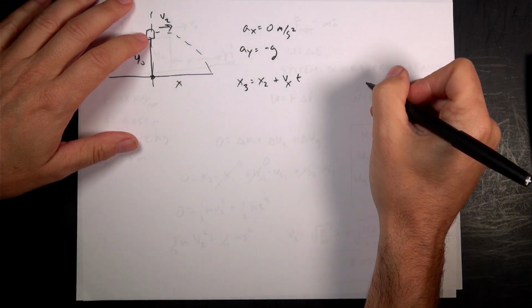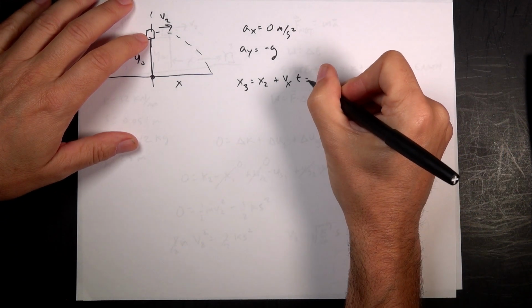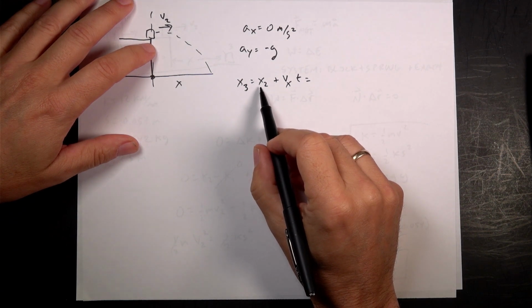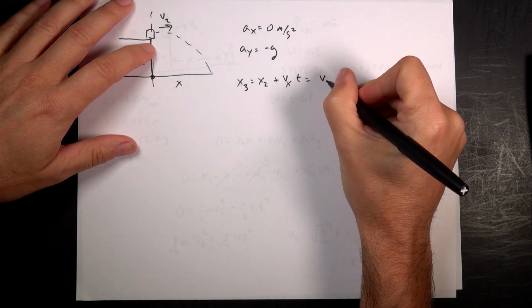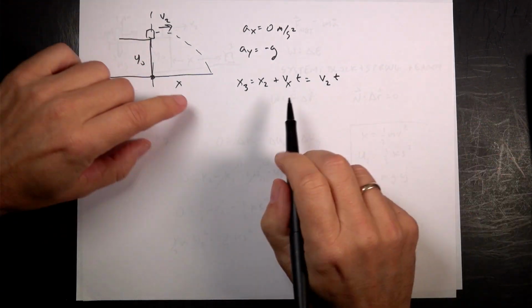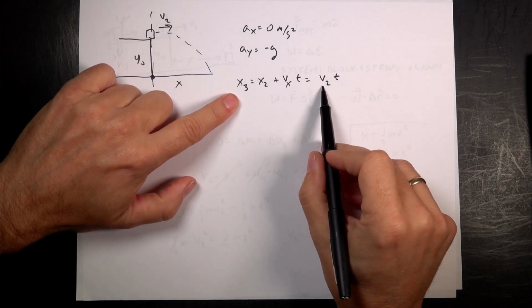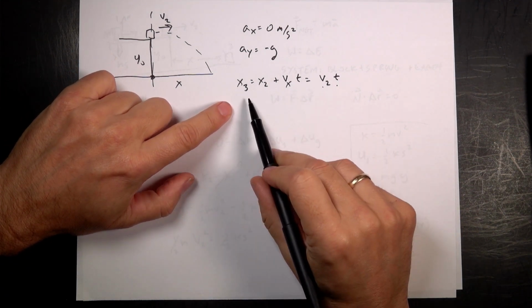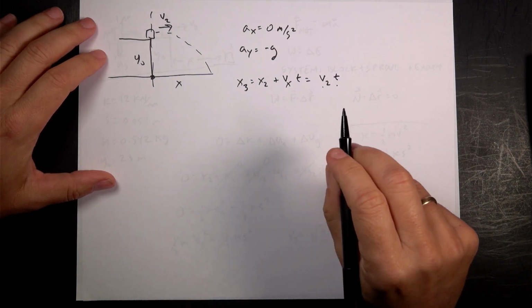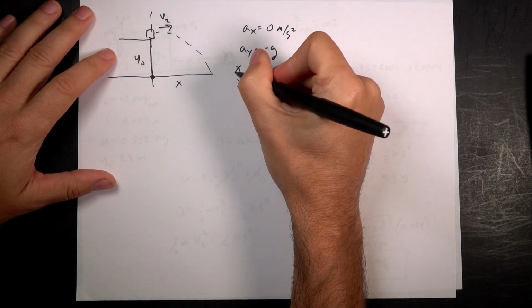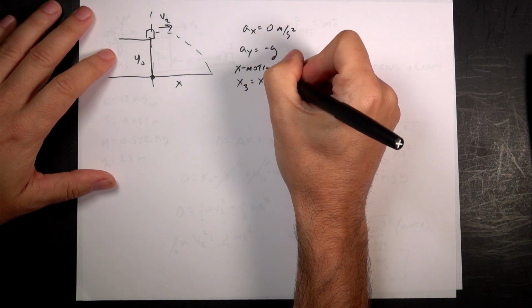And there's no other term here because acceleration is 0. So this is going to be equal to, x2 is 0, so I get v2 t. So that's it. If I know v2 and if I know t, I can solve for x3. Pretty easy. This is the x motion. I always like to break